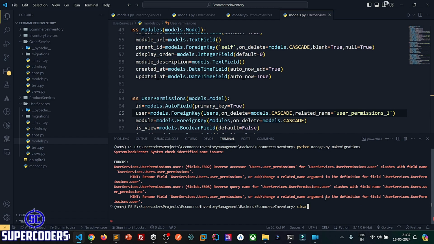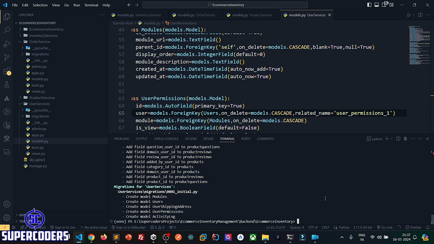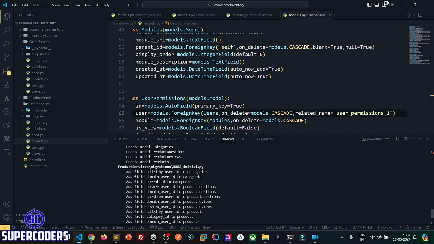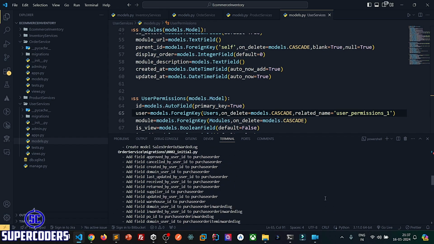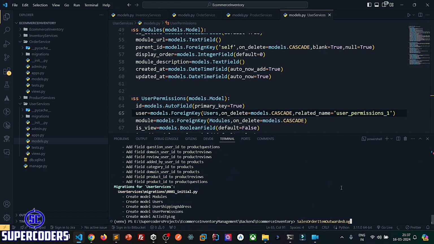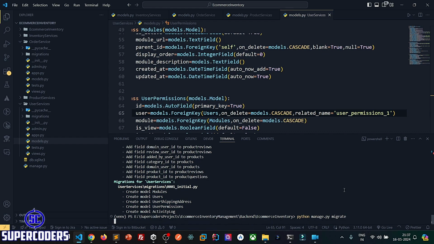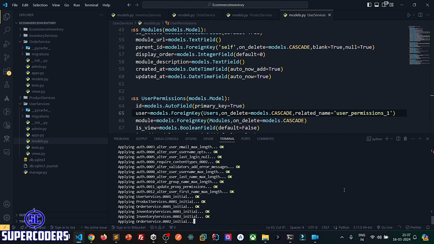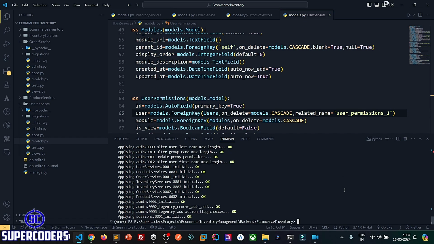Now if I try to run again, it works. So finally, after all these issues and errors, I have created migrations for all these tables. After that, you have to run the migrate command. So python manage.py migrate. Now it is creating the tables. It has created all the database tables in our